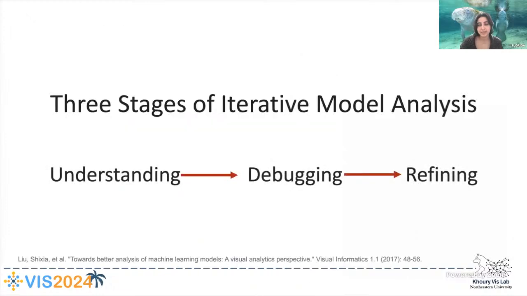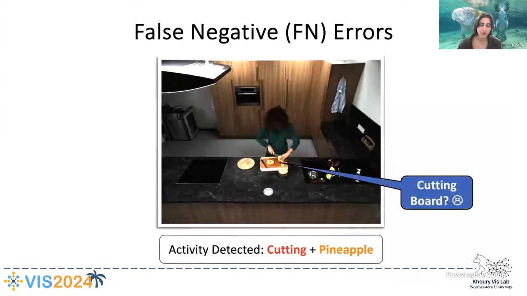And so when you want to deploy such a complex deep learning model in the wild, you need to iteratively analyze it in order to improve the performance and fix the problems that it comes with. And in this talk, I'm only focusing on the problem of debugging a model. And by debugging, I mean detecting the errors and reporting or recording them before being able to actually take action and fixing those problems. So what types of problems are we thinking about?